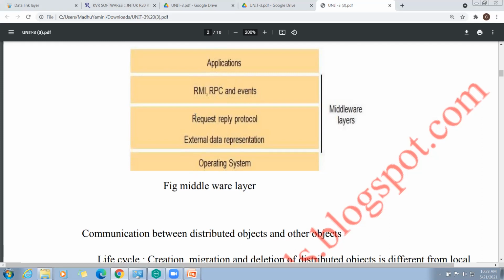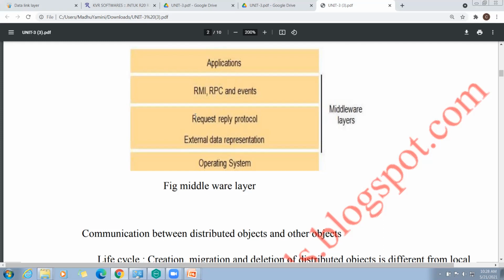In the middleware layers, what are there? Remote method invocation, event notifications, remote procedure call, request reply protocol. Already we have seen the request reply protocol, client server model, group communication, all we have seen in the last unit, and external data representation.